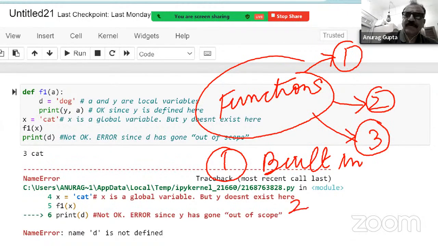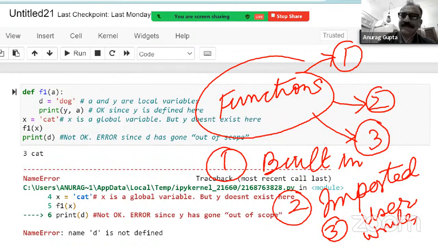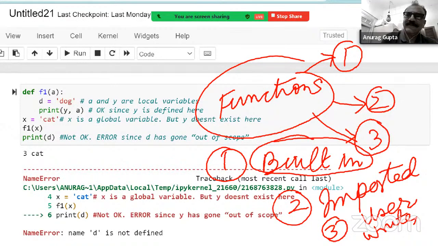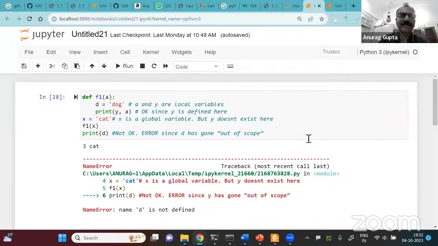The second was what is called the imported functions, the functions which you can import from modules. And the third one was what the user writes himself, or the programmer writes. So I repeat, these are the three types. First is the built-in functions, then the imported functions, and then the user defined or user written functions. These were the three types of functions which we covered in the last